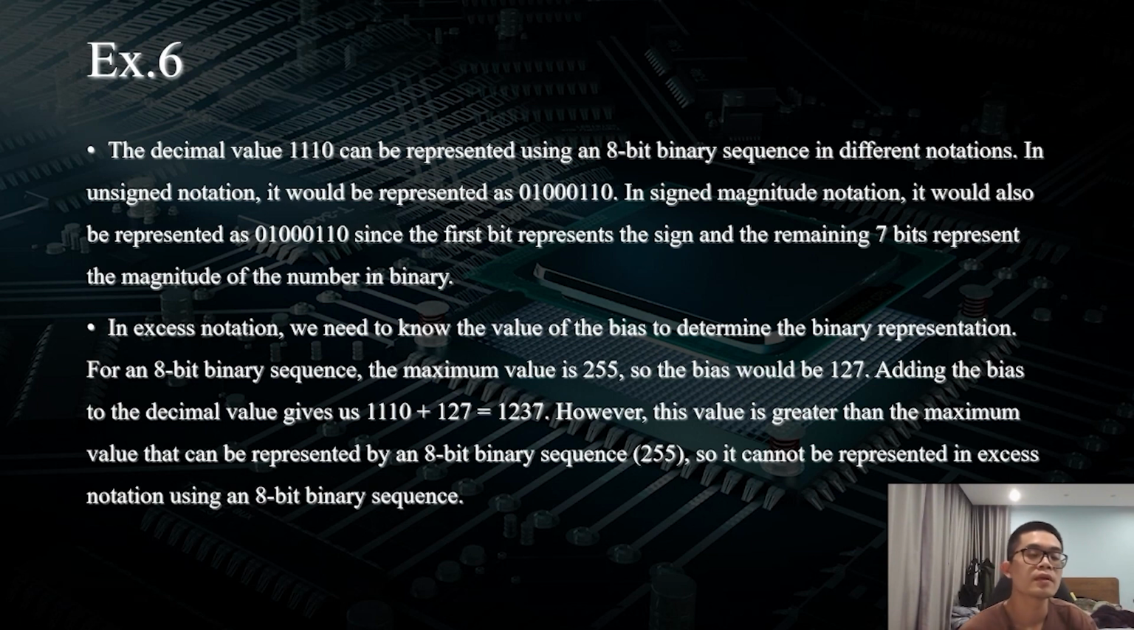In excess notation, we need to know the value of the bias to determine the binary representation. For an 8-bit binary sequence, the maximum value is 255, so the bias would be 127. Adding the bias to the decimal value gives us